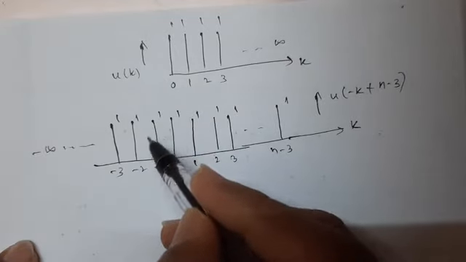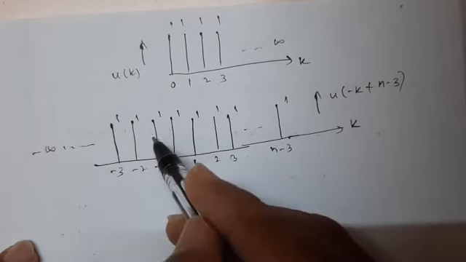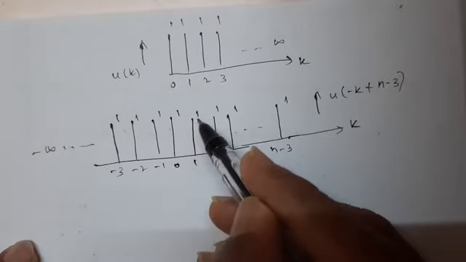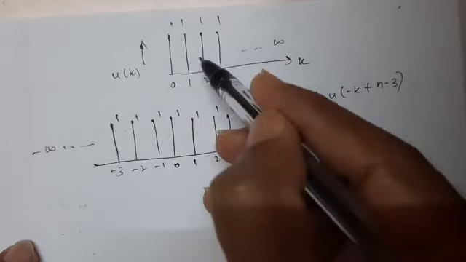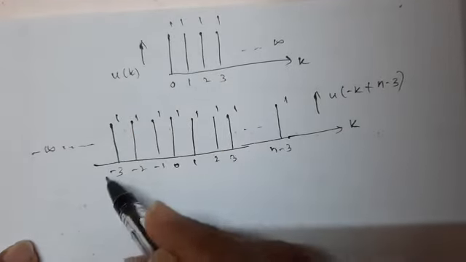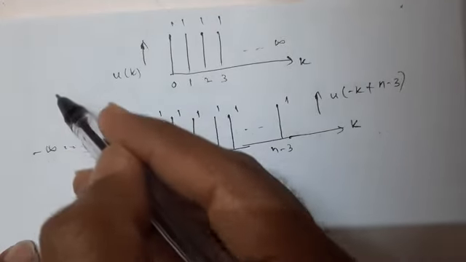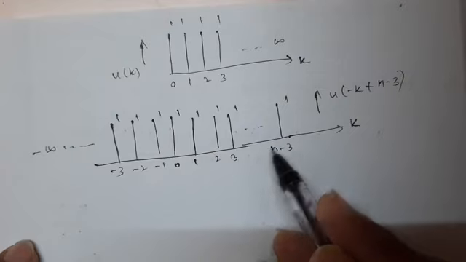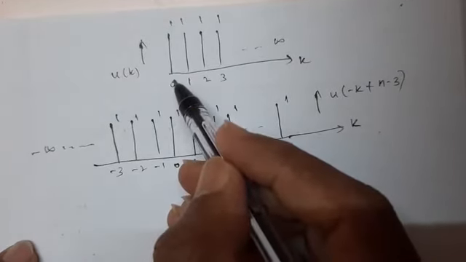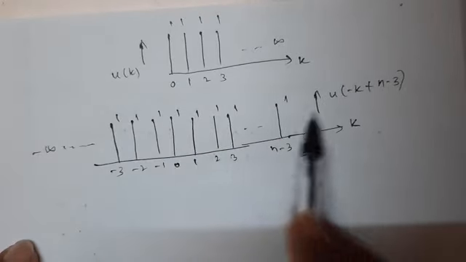Since it is summation, you have seen summation k equal to minus infinity to plus infinity. The samples go on adding: 0 plus at 0, 1 into 1, plus at 1, 1 into 1, at 2, 1 into 1, and so on. Similarly plus at minus 2, 1 into 0, plus at minus 3, 1 into 0, and so on towards minus infinity. All the values are 0. Whereas towards positive values, from where are the signals getting multiplied? From 0 I am getting the amplitude for this signal.